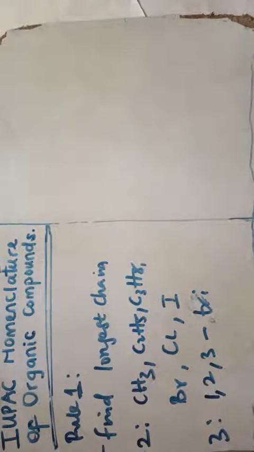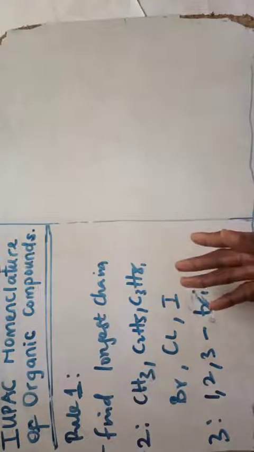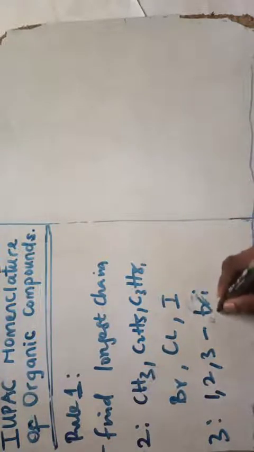Rule number 4 is that if there is more than one branch, you make sure you add the prefix and position of each branch to the name. You know what I'm saying? If more than one branch is present, you add the name and the position, just like I did here. Okay, so that is that. And rule number 5 is that if there are different branches in a compound, you represent them by tetra, quadra, like that. Okay, so here we are.